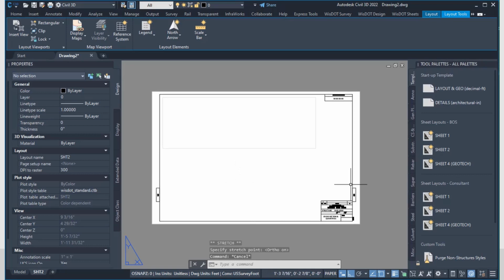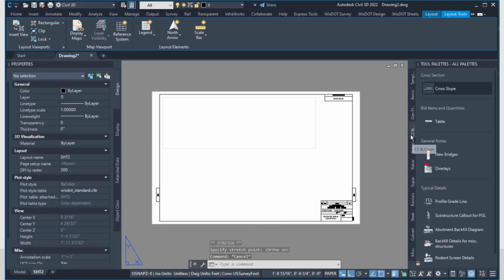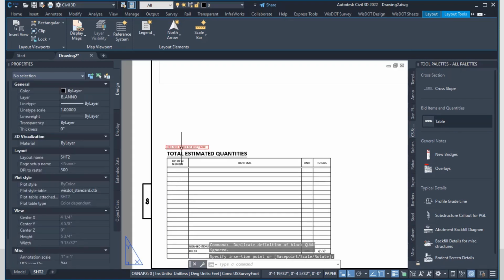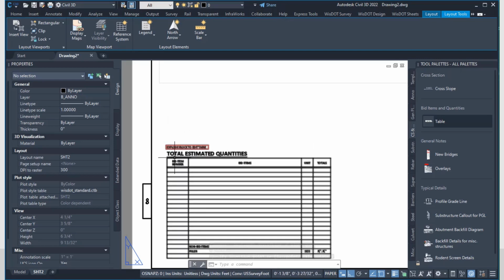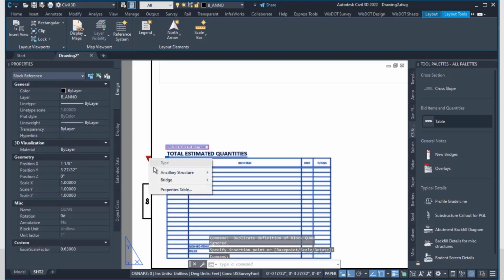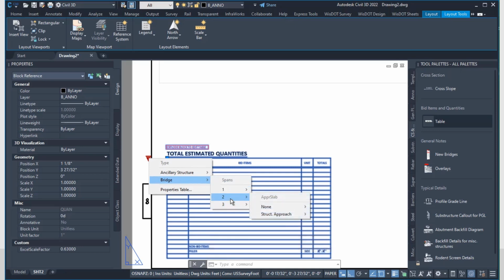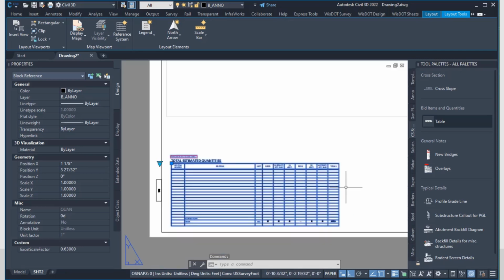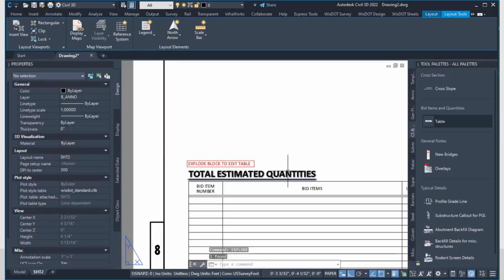Next, I'm going to modify the viewport because I only need it in the top part of the page to draw the cross-section. And I'm going to place the bid items table. So this is a dynamic block. At the top, it has a note that says explode block to edit the table. It also has a drop-down arrow where you can select the number of spans, if it has a structural approach slab or not,